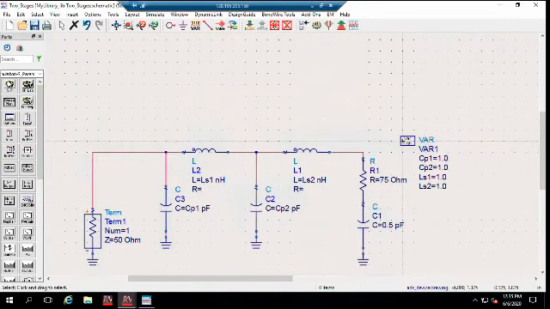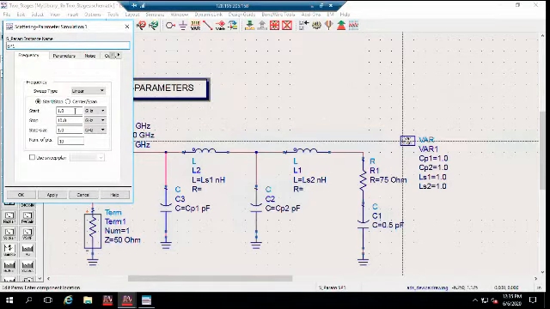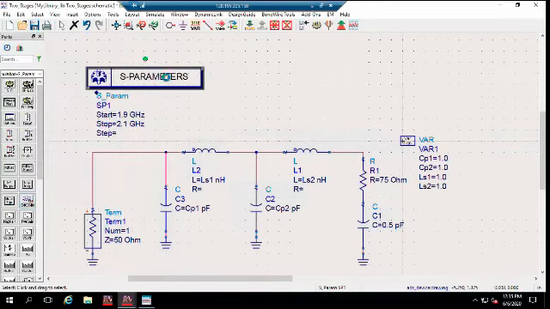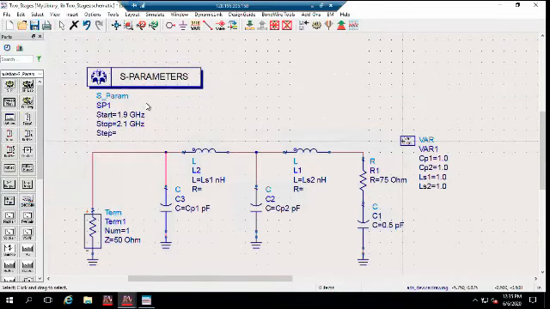So we first define the simulation parameter, which is S parameter simulation. We define the frequency range from 0.1 to 1.9, and we choose, let's say, 1000 points. Then we define the goal of our optimization. We go to here,